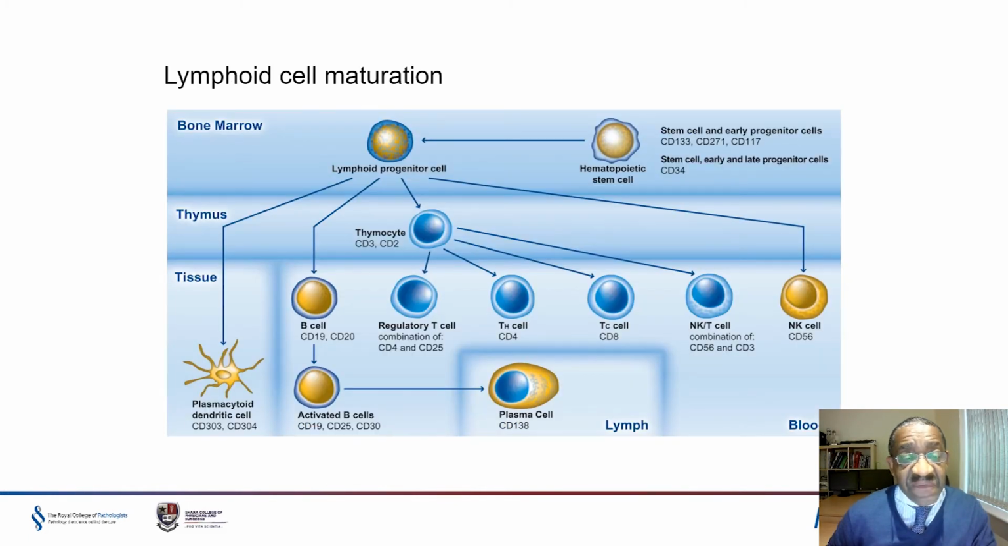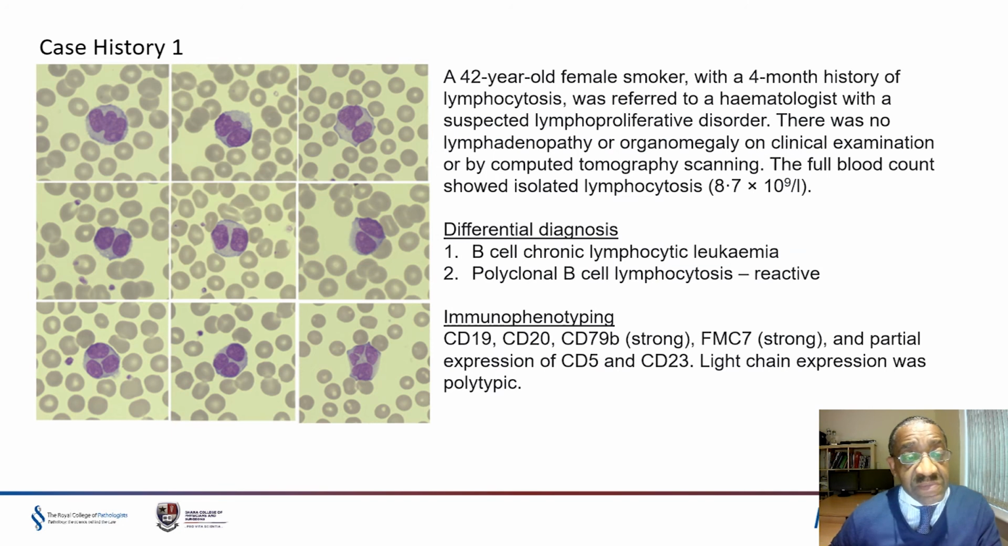Similarly, for the lymphoid cell line, be it T cells or B cells, early or late cells, there are markers that form a pattern for each cell type, and that helps us in diagnosis using flow cytometry. So if we look at a couple of examples,